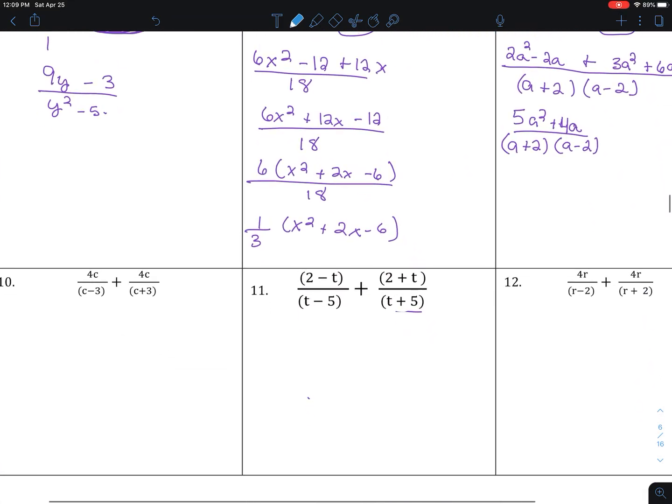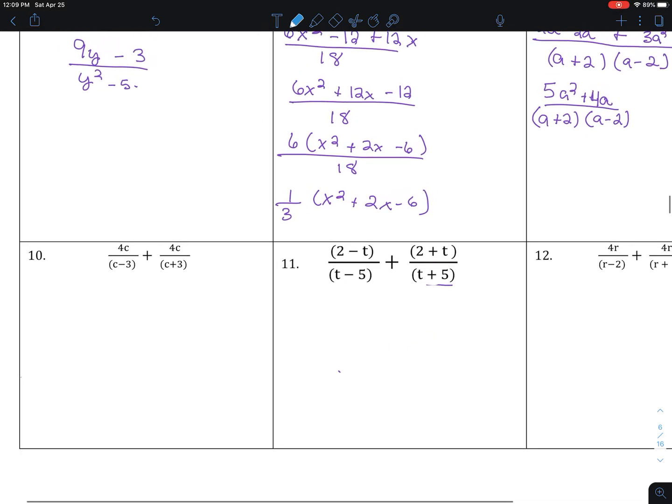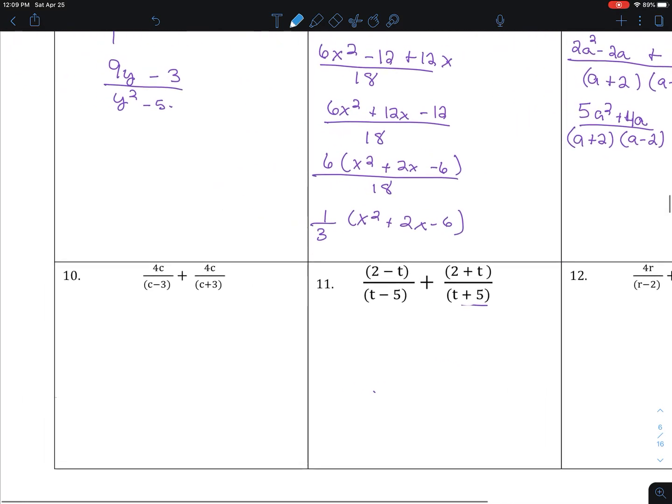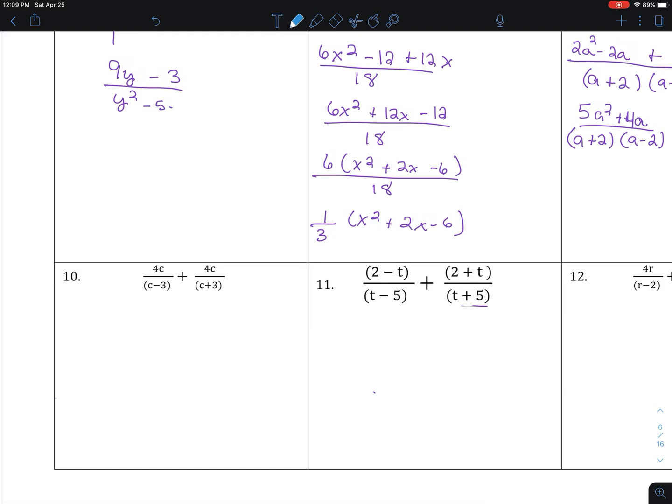Okay, let's do the 3 at the bottom. And all of these we're going to be able to use the shortcut on. So I'm just going to use that because it's easier. So I multiply. I get 4c times c plus 3, plus, because that's addition, there it remains, 4c times c minus 3